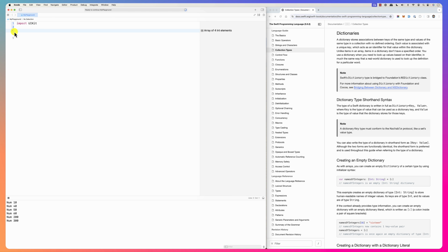For example, for each user ID, we are going to store the name of that user. We can store an object, we can store a list, whatever we want to store. So we can do var, let's say dictionary, equals, and then